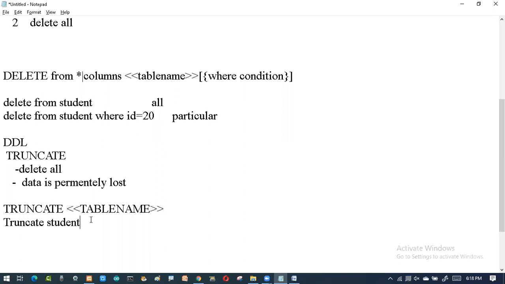Simple. If you really want to delete, something like a scenario is there. You are working in an office and suddenly your boss has fired you, and due to some reasons, it is not your mistake at all. Then coming out of that, you might want to smash everything. So here what you do, simply use the truncate command, delete the entire data. Then he will be in trouble. Okay, I'm just telling the example, don't do such kind of things.